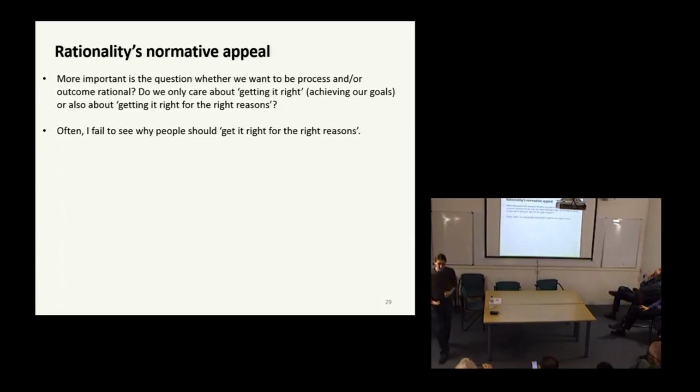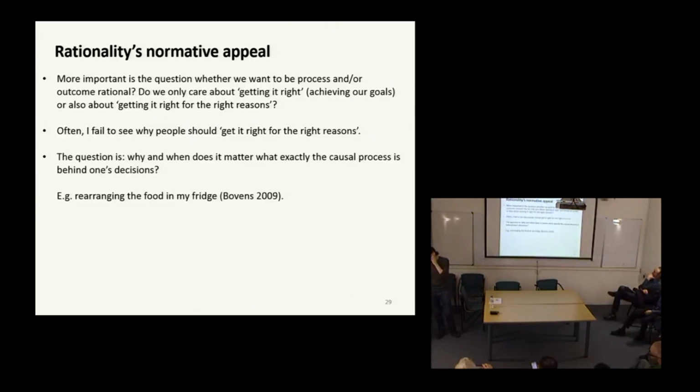Now, the other claim I would make is that outcome rationality is more important than process rationality. In a lot of cases, I can see the added value of not only getting it right, outcome rationality, but getting it right for the right reasons, having the reasons in place and actually motivating the decision. So here the example is rearranging the food in your fridge, which is an example by Luc. So imagine